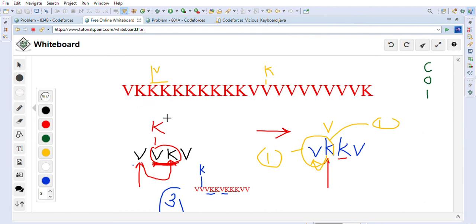This is a good problem. If you understand this logic, then we can easily solve this problem. Handling these two cases that I explained is important to solve this problem.